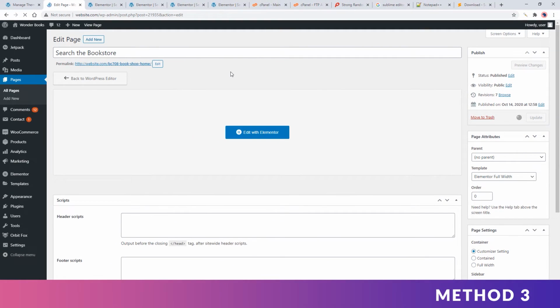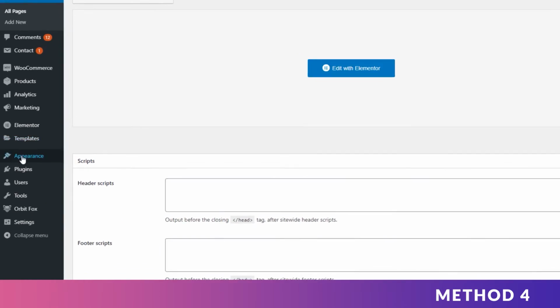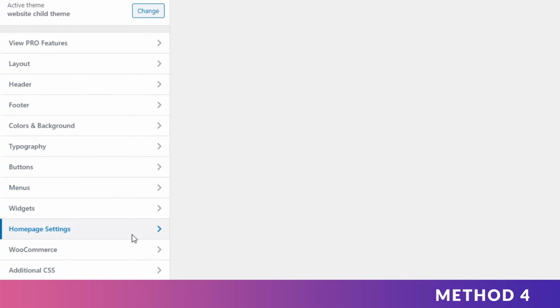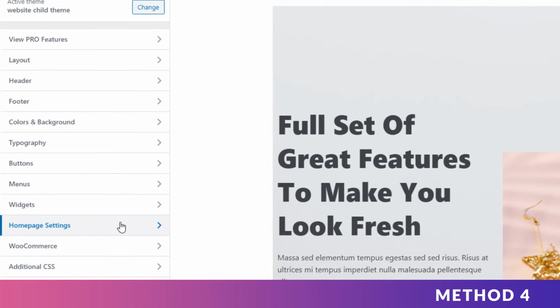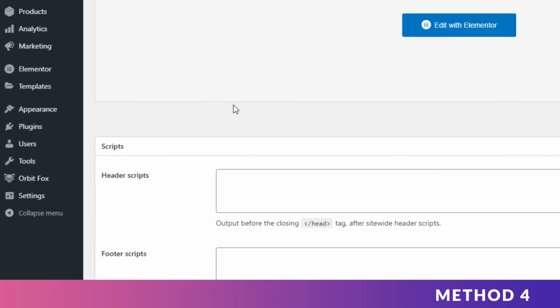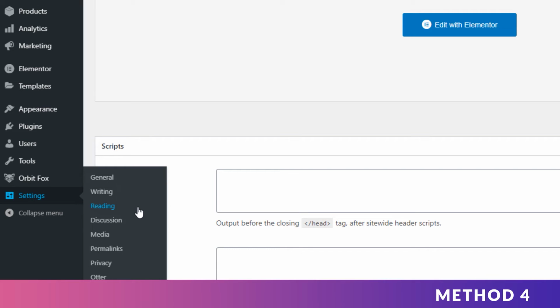If that's not working again, you might be editing a custom page like the home page. For some themes, commonly this page can be customized in the theme's custom options or in the customize tab. So you have to check this if this is the case. Go to Appearance, Customize, and see if you can find any option related to the home page or front page. Another thing you can do is to create an Elementor page and set it as the home page by going to Settings, Reading, and setting it as the home page.